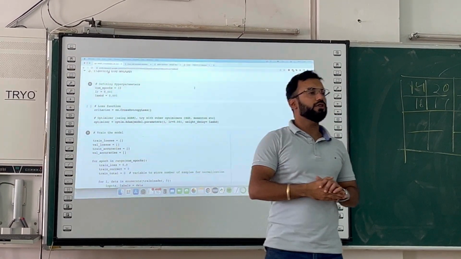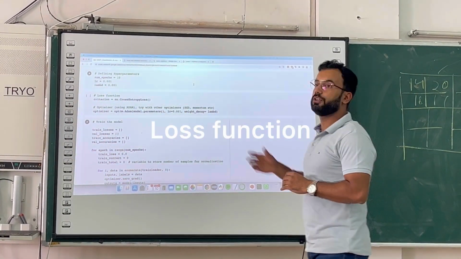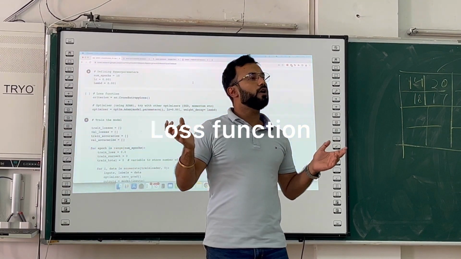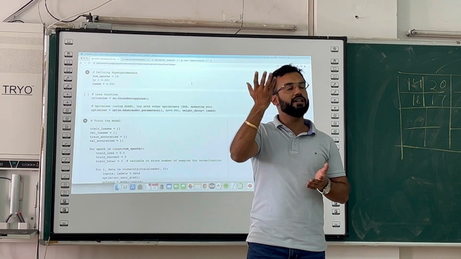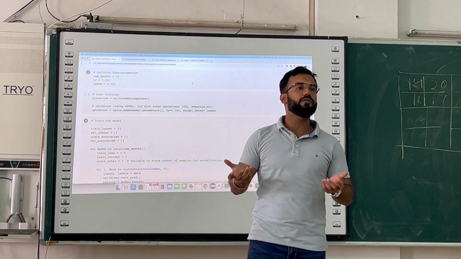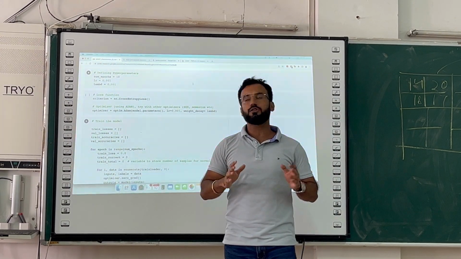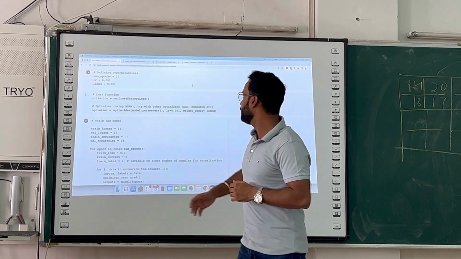Then we come down to the loss function, because we need to train our model. So what is the better loss function when we talk about CNN? As you all are aware, we are talking in terms of probabilities, because we need to check which probability is higher, and that will be the output. So when we talk in terms of probability, the best loss function is obviously cross entropy. That's why we have used cross entropy.